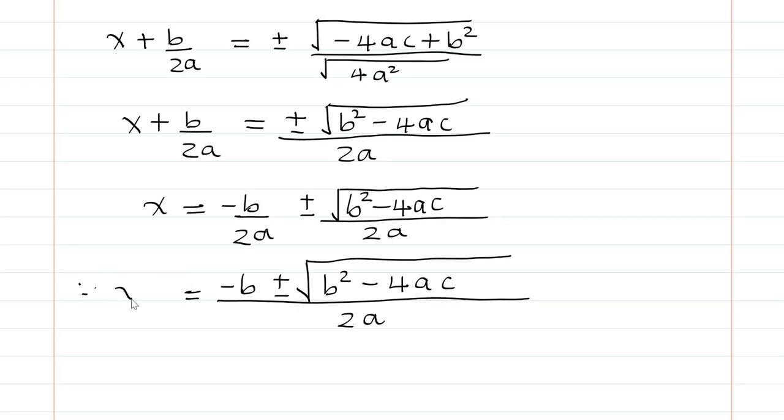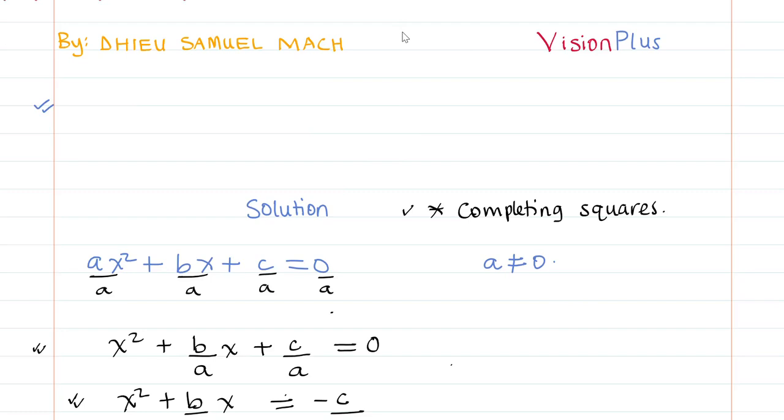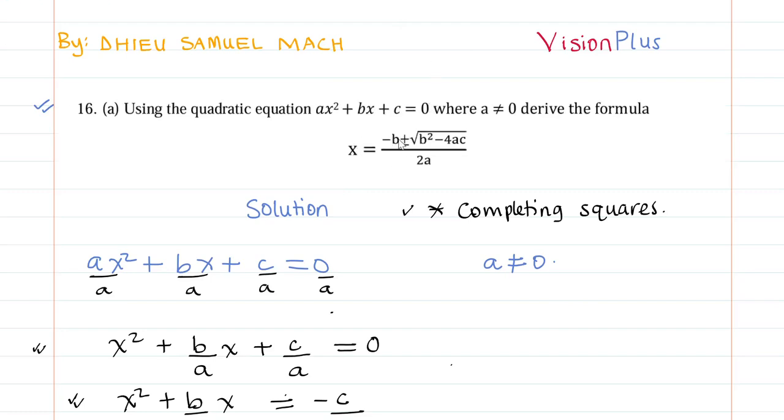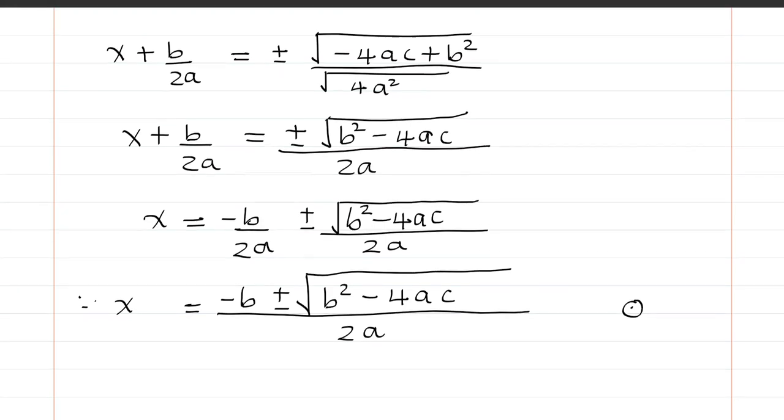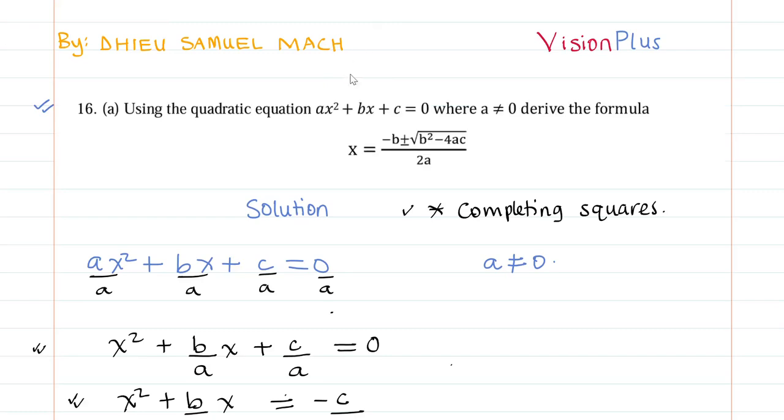And therefore, this is the formula that we were asked to derive. And if we go back to it, it is here. Negative b plus or minus root of b squared minus 4ac all over 2a. And if you look here, this is the same thing that we have. And therefore, that is the solution to number 16a, deriving this quadratic formula from a given quadratic expression, applying the concept of